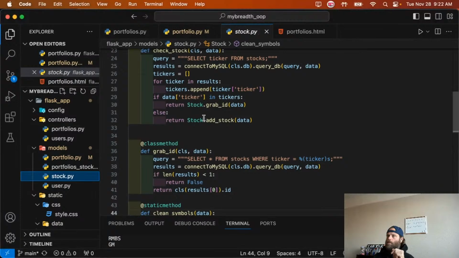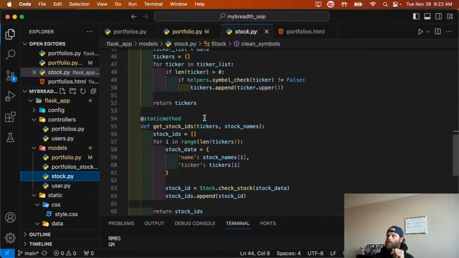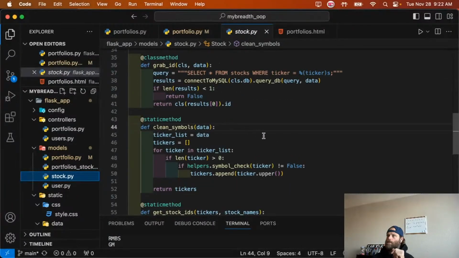If we go to clean_symbols, we have the ticker list like we had before, and then we're going to make an empty list of tickers, for ticker in ticker_list. We're going to make sure it's not empty because, again, the form is returning a whole list of up to 20 stocks at a time, when they could only put 3 stocks in. They could put 1 stock in or whatever. And so you're going to have a bunch of empty ones, which will mess things up. So to get around that, we're just making sure the length of ticker is not 0 before we even send it to